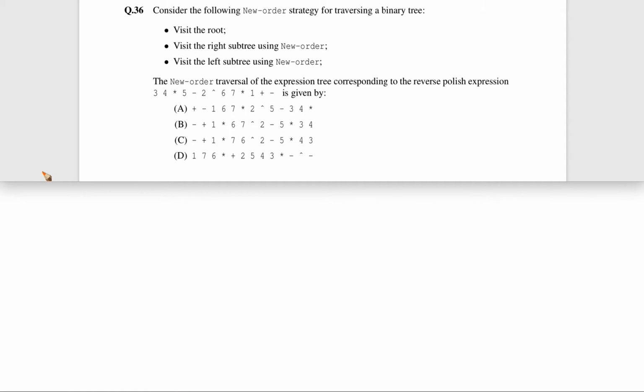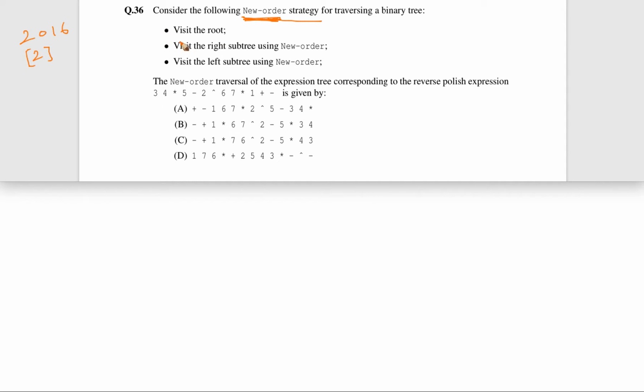Now let's see this question. This question came in GATE 2016 for 2 marks. Consider the following new order strategy for traversing a binary tree. Okay, so this is not a standard traversing strategy, but it is a customized way of traversing a tree, in which it is given that, let's say, a new traversing strategy, new order, is there,